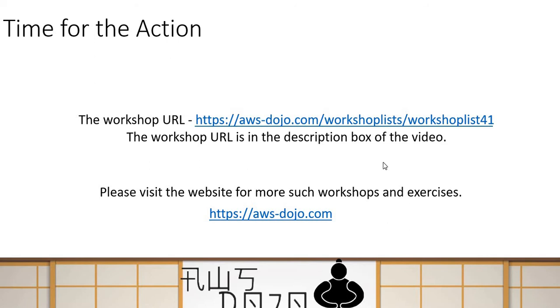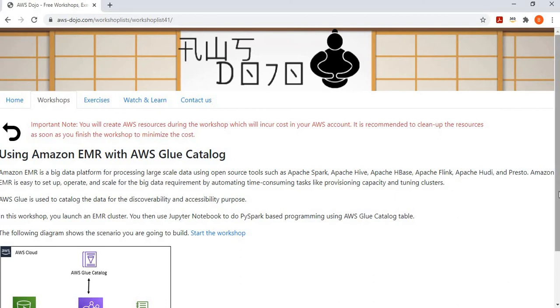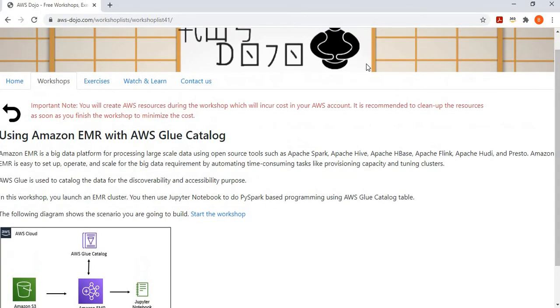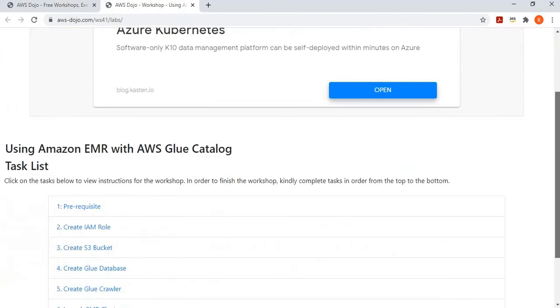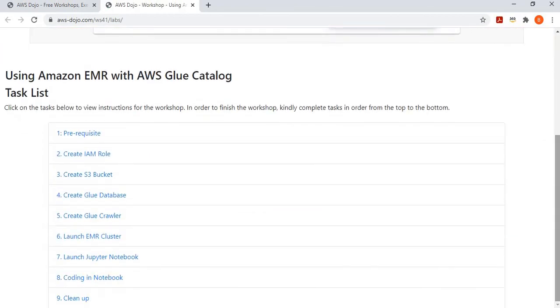So let's jump to the exercise or the lab. You can see here, this is the lab which is published to our website, aws-dojo.com. Click on this link over here to start the workshop. It shows you the number of steps involved to actually